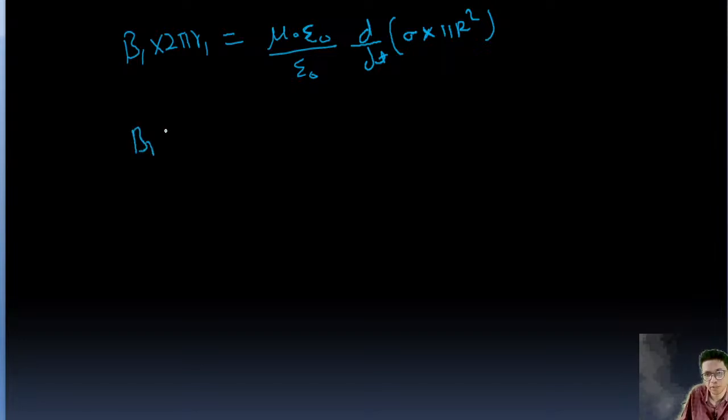So B1 into 2 pi r1 is going to be equal to